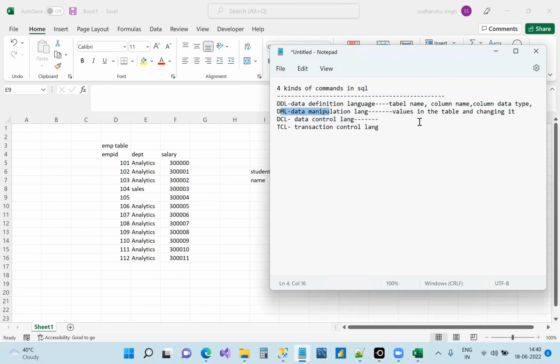Got it? Anyone else has any doubt? What will be the definition of TCL for the interview purpose? Transaction control. They will directly ask you what is transaction control language. Like I told you, always tell them in layman language. If you tell them in entire bookish language, they will understand that you don't understand the concept. You just have mugged it up. But if you understand it properly and tell them in the language that I told, it is self-explanatory.